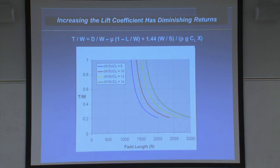So large C sub L and large C sub S are good. And what you see is that it's not good enough. You get down around 1,000 feet and nothing you can do will give you enough lift to take off in anything less than 1,000 feet. You basically have a thrust to weight ratio big enough to take off vertically, so you have a vertical takeoff airplane. Now that's not to say if you only have 300 feet available, you won't use it, because the wing